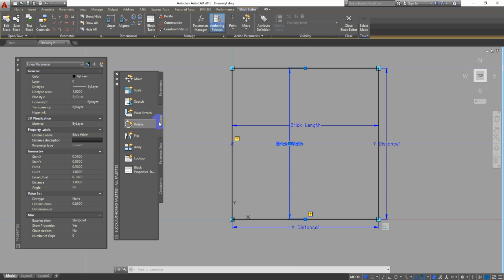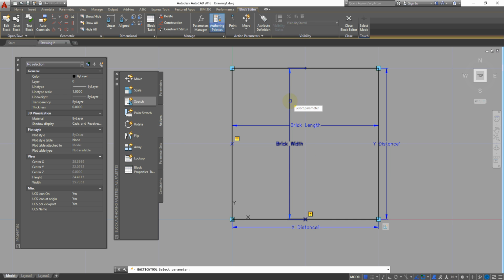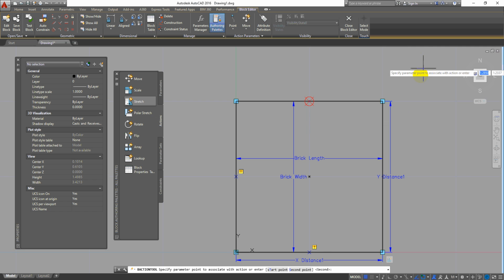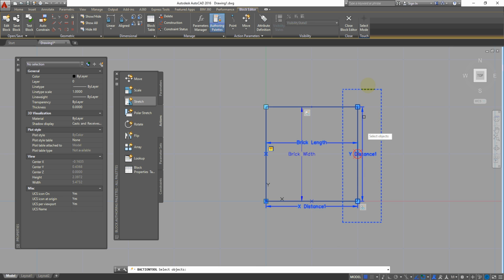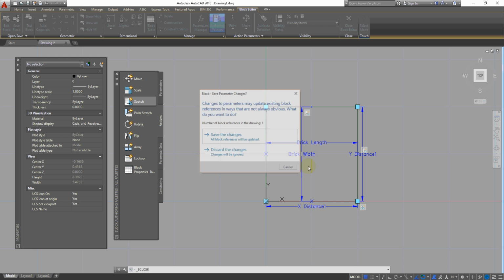Okay, and going back to actions, I will assign a stretch action here for this at this point, and I will show the window like this and select this parameter as well as this rectangle here. Now another stretch action, selecting this parameter and this point, and select this like this and show the window, close,